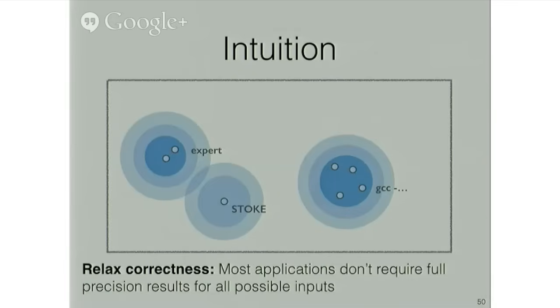Again, what I'd argue we'd like to do is to make qualifications with respect to what it means for a rewrite to be correct. We like to say things like, this rewrite only has to work for positive inputs. I'm never going to run this code on negative inputs. Or this rewrite only has to produce results that are correct up to 30 bits of floating point precision. I'm never going to have enough significant figures to know that value to that precision. In this picture here, I've represented these qualifications by expanding the borders around each of these blue regions. And importantly, what I've also done is shown that if we're able to produce these qualifications, the code that's produced by Stoke, which used to be all by itself, is now part of a qualified correct region of its own, along with its nearest, strictly speaking, incorrect, but for the sake of this example, correct enough neighbors.